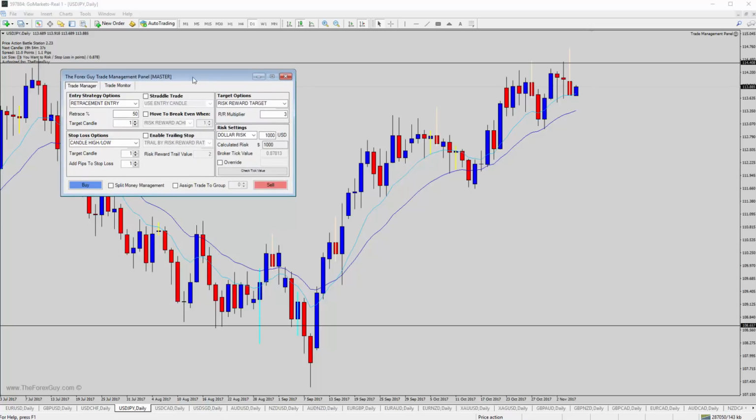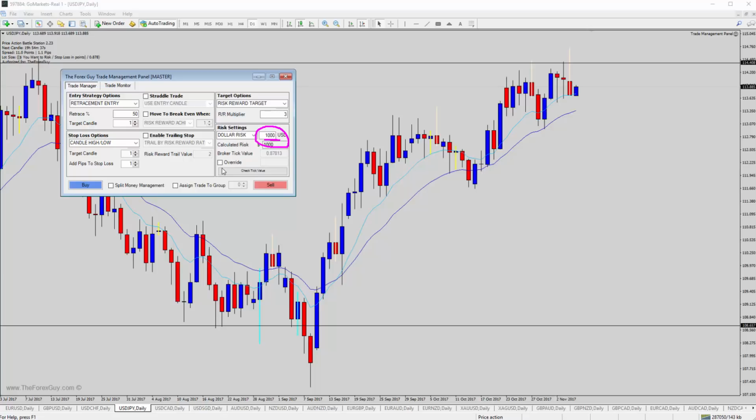Main thing that you would use this for is it helps you calculate your dollar risk that you want in any trade configuration. This panel can do a lot of different trade configurations, very advanced OCO kind of stuff and split orders and things like that. We only want it for a simple order here today, but it's the dollar risk that you really need to